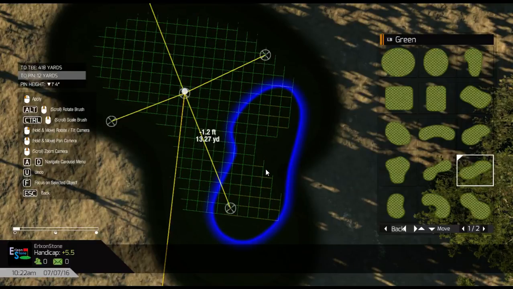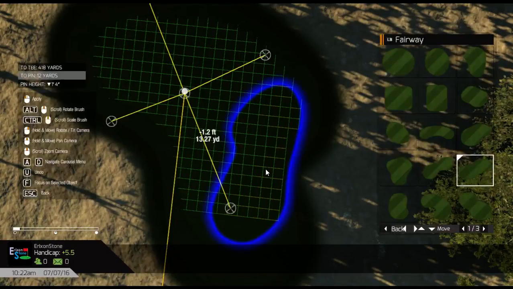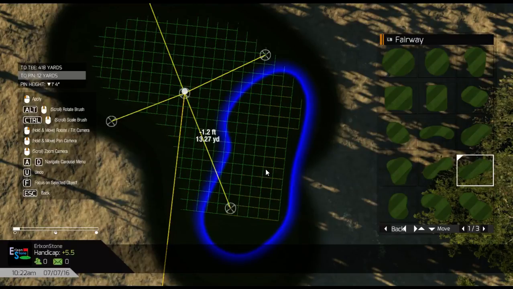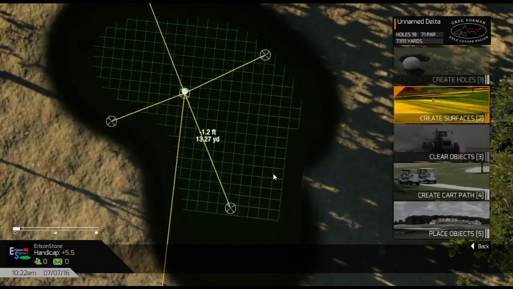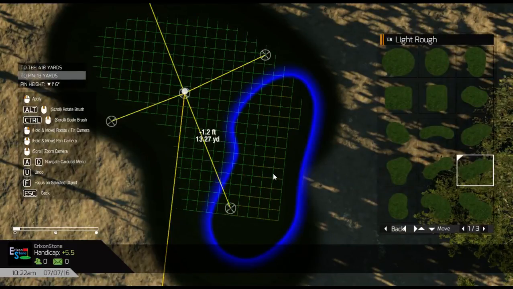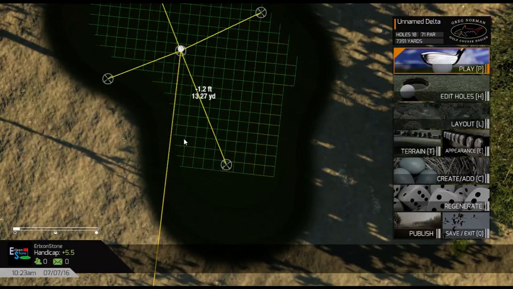Alright, and then I want to add this green here, connect that. Okay, 2, 3 for fairway. I'm gonna have to pull this out a little bit. Fairway there. Okay, that's 4. I'm not going to go too crazy with sculpting right now. That'll happen later. I do want to use the distance tool